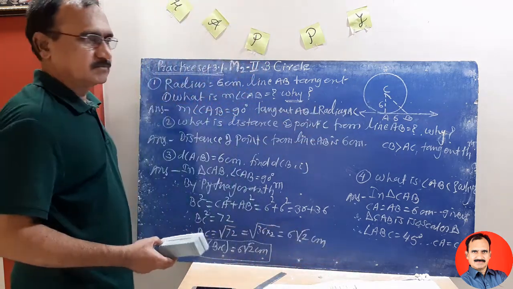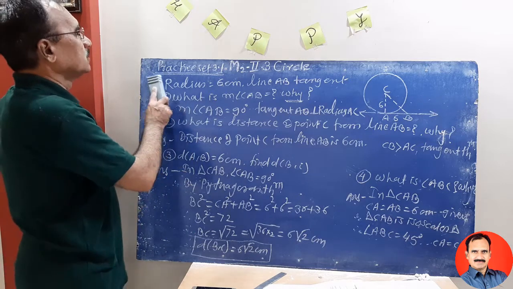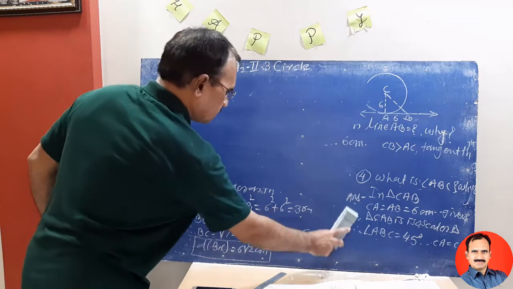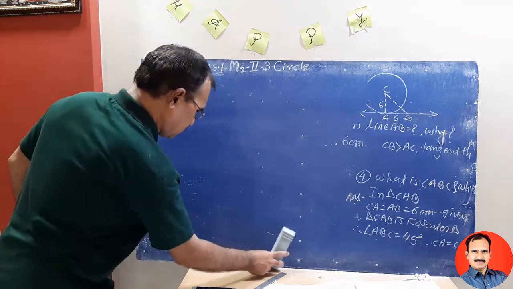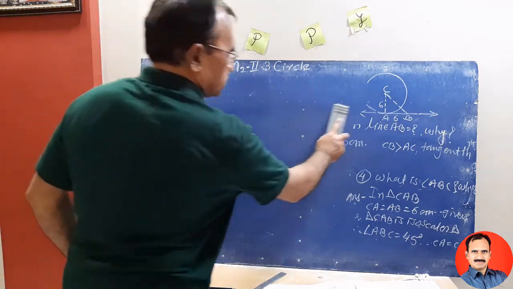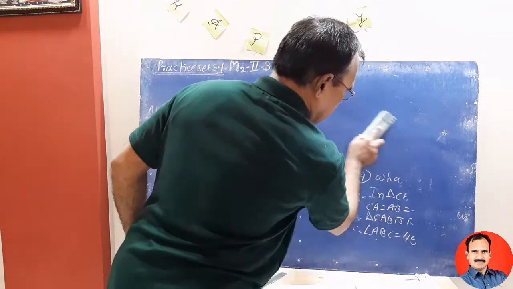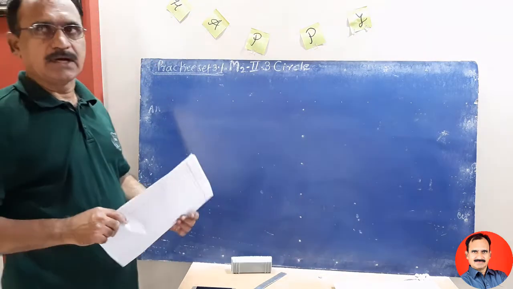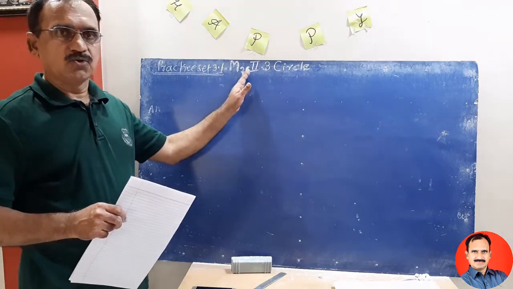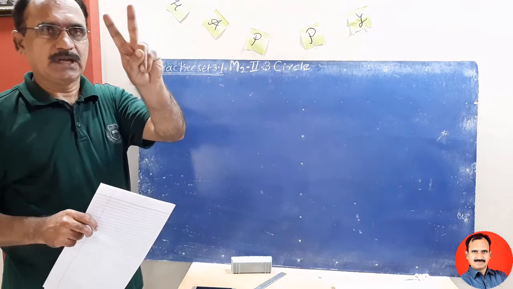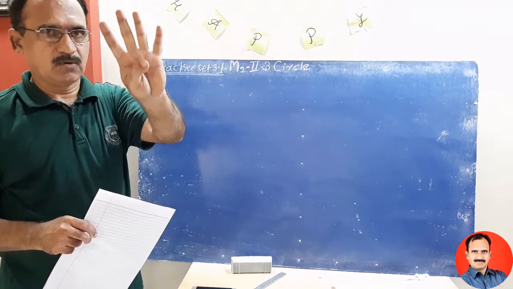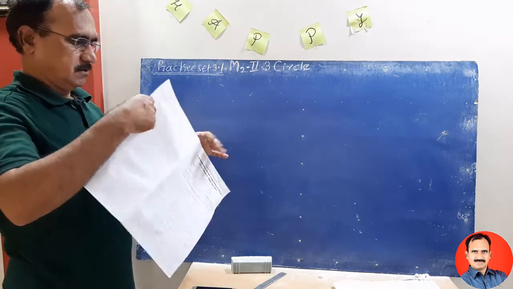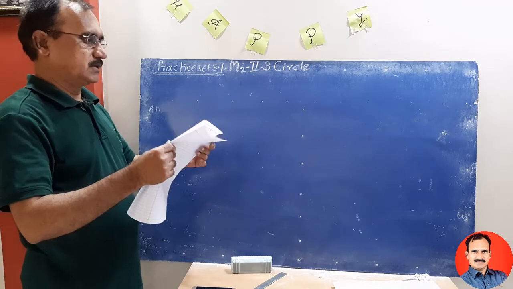Okay, any problem? No problem. Very easy example. Students, in this practice set, only 4 examples are here. First example is already completed here. Now we are going to see the third example. Remaining example number 2 and example number 4, you try to solve yourself. Okay? We are going to see the third one.